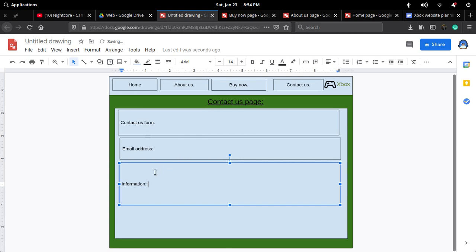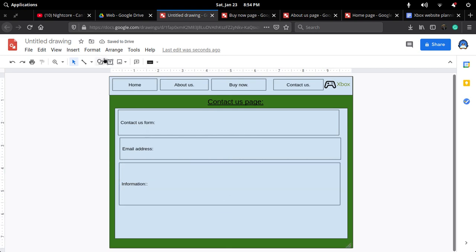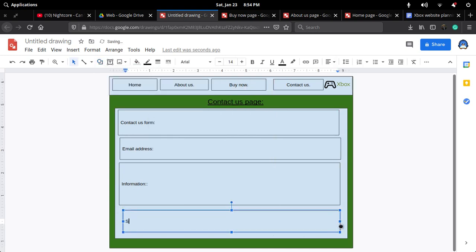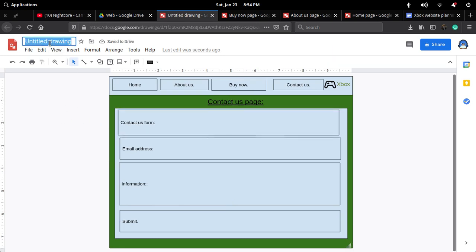So this will be where information will be in. If we go back down here, then we'll be able to submit email. So submit, this button will allow us to submit. So we can contact them through email. That's how we wanted to be able to contact them. So if we just change that one to contact us, and now if we just go back,